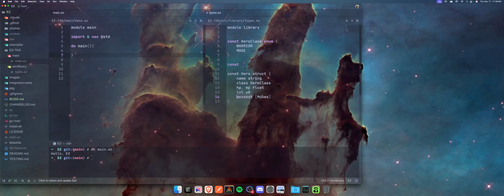I won't call them moves. We'll call it ability set, an array of abilities. Right. Okay, so an ability will have a name, a description, which are strings. What else will an ability have? It'll have a damage, which will be a